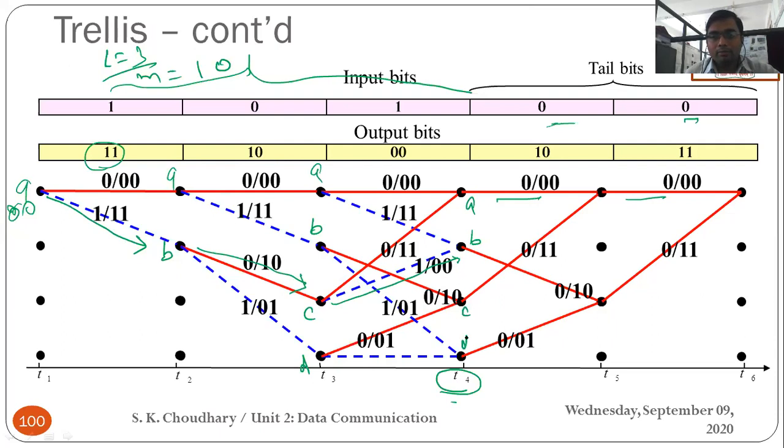And when we are at B at time T4, the first flush bit 0 comes, so you follow the solid line, your output is 1 0, and you reach node C. And when you are at node C at T5, you again receive a second flush bit, that is 0. So you follow the solid line, and the output is 1 1. So in this way we decide the code word using the convolution encoding method at the transmitter end. This whole process is going on at the transmitter end.